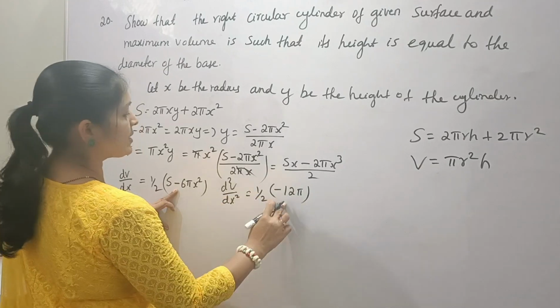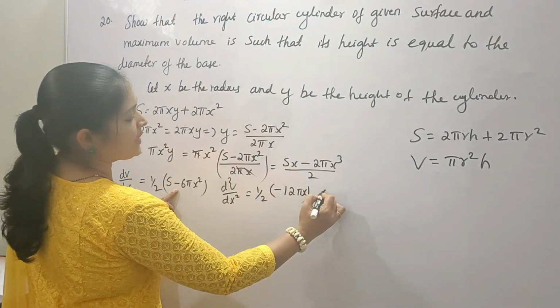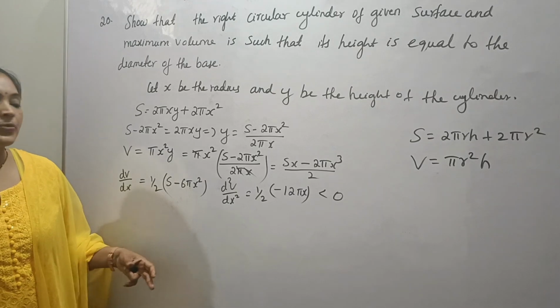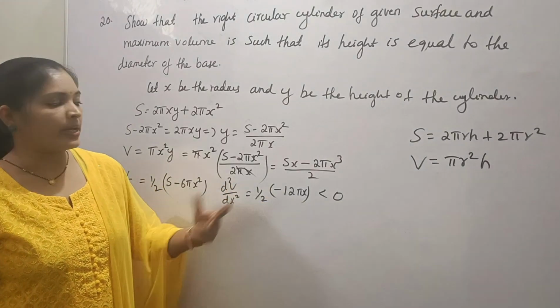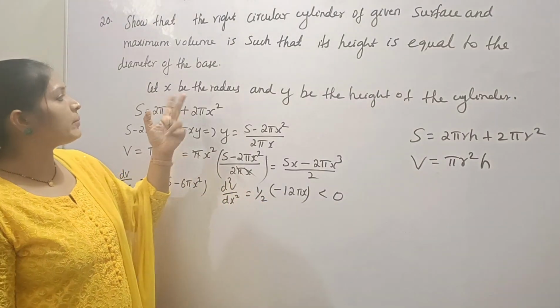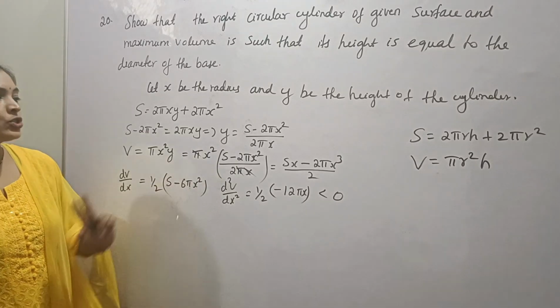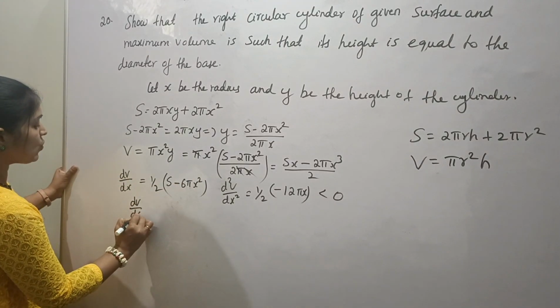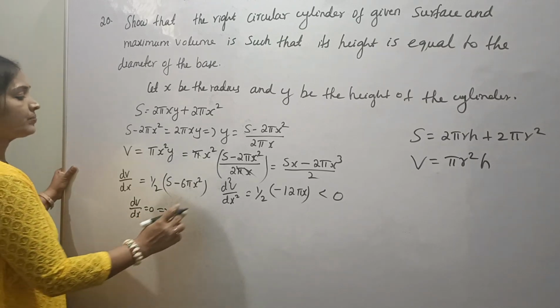That is minus 12 pi x. So that is always less than 0. See, whatever values we give for x, it will be less than 0. X is positive, right? Because x is nothing but the radius of the circle. Okay, so it is less than 0. Now, when dV by dx is equal to 0, implies